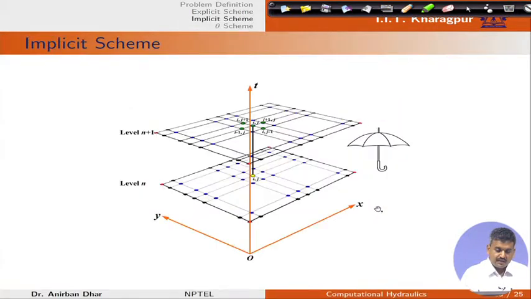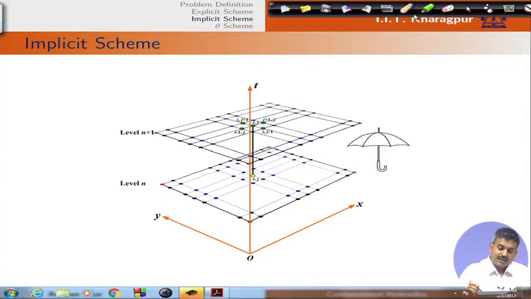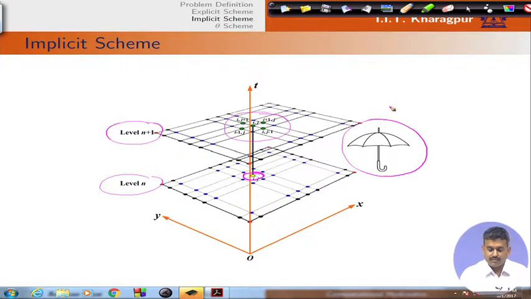Now, let us consider implicit scheme. What is this implicit? In implicit scheme, we have n plus 1 level value, nth level value. So, nth level value we are utilizing only one point, that is the central point or central node. For others, we will be utilizing the future time level value, which is unknown. This is like a straight umbrella,